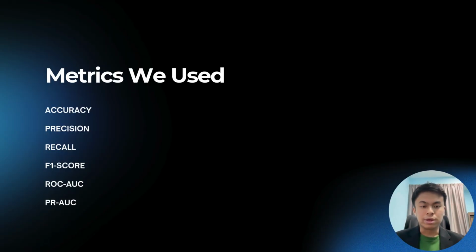Accuracy here is kind of misleading because our dataset is highly imbalanced. When the model predicts more on the majority class, the accuracy will be very high. But that doesn't mean our model is good, because it cannot predict the defaulters. So we have other metrics, because no single metric can tell the full story. We're going to look at different metrics to see how our models perform, but our main focus is on the PR AUC.